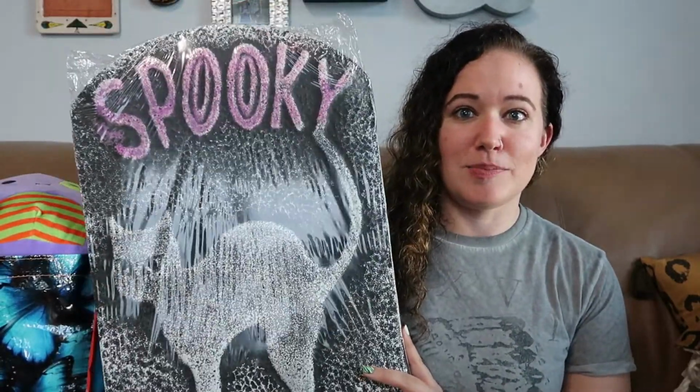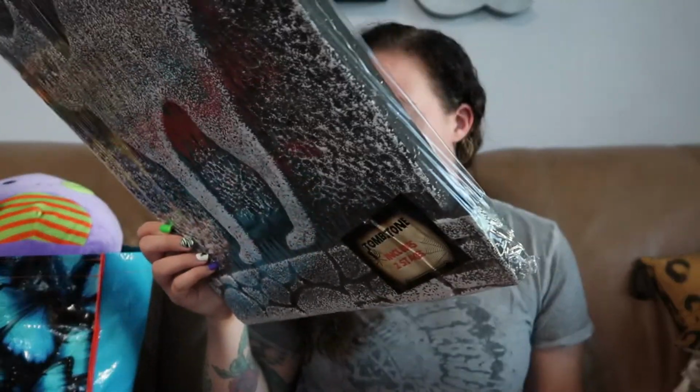All right, now let's get into clothes, shoes, and some plushies, because it wouldn't be one of my more recent hauls without some plushies. But first things first, I got this spooky black cat foam tombstone. It has a $3 sticker on the back, and I think they marked it at $1.99. I'm not sure where it came